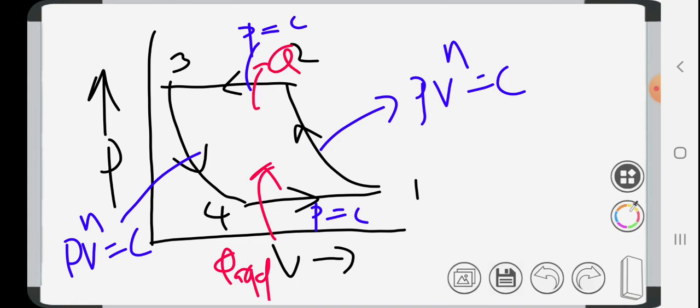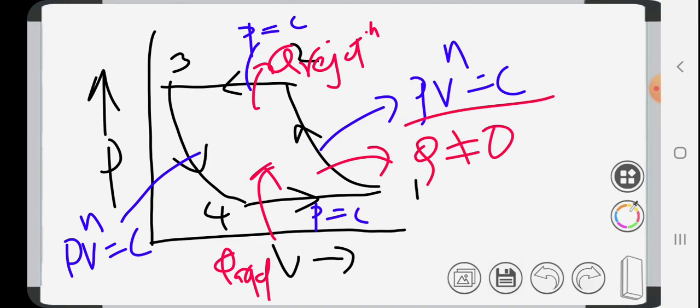here Q rejection, but here Q not equal to 0, since this is not purely adiabatic, so there might be some heat transfer. Here also there might be some heat transfer, in either direction. So you don't know about that. Since those two compression and expansion processes are not adiabatic,